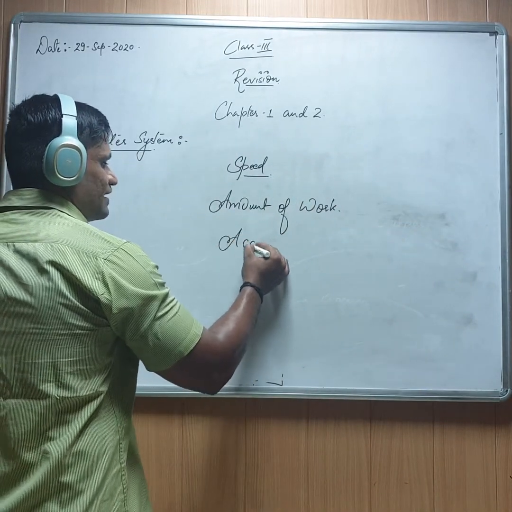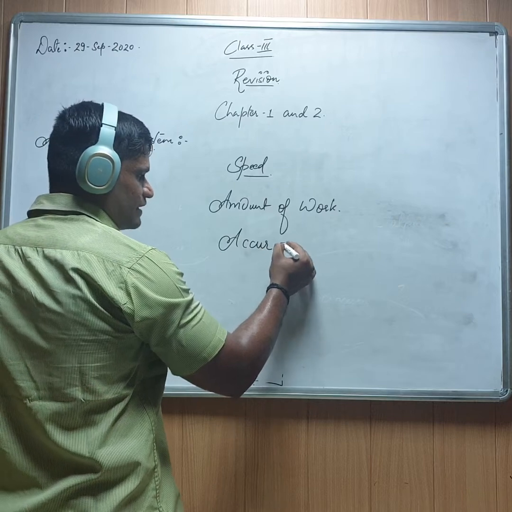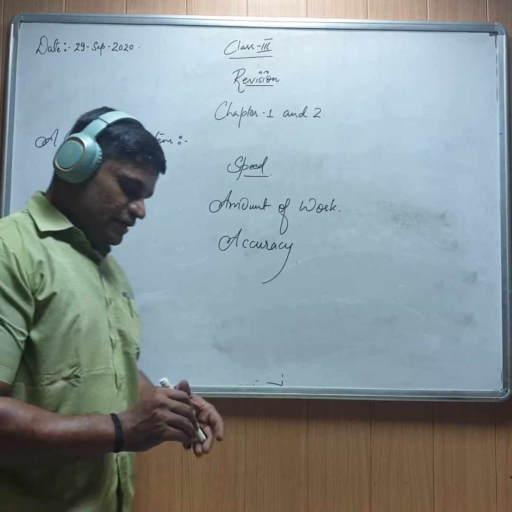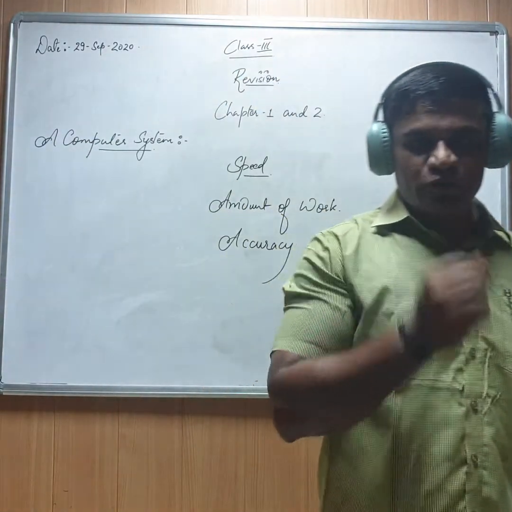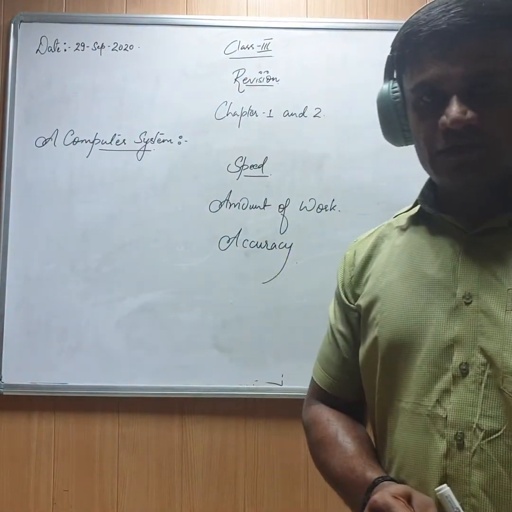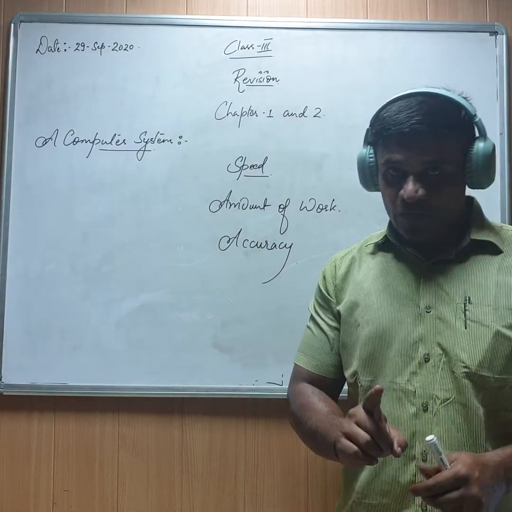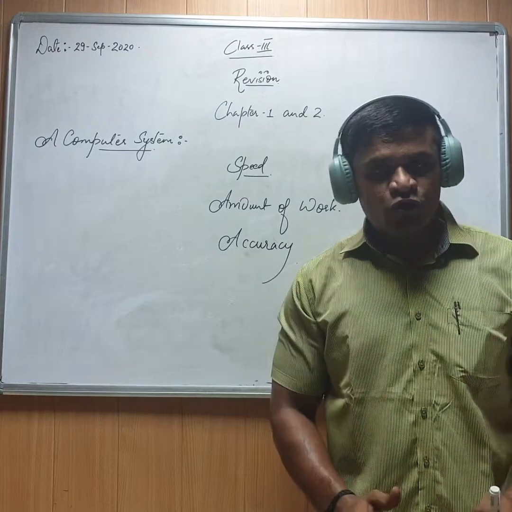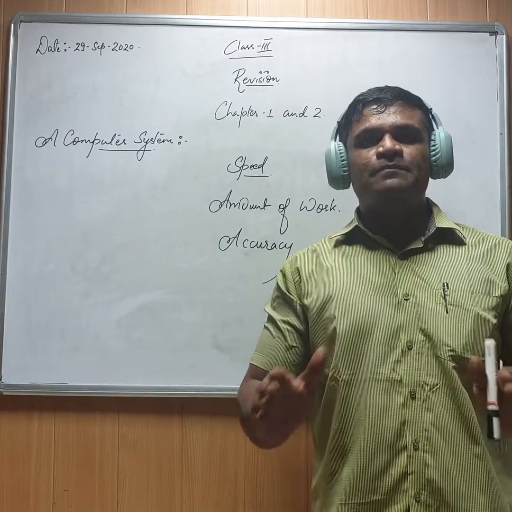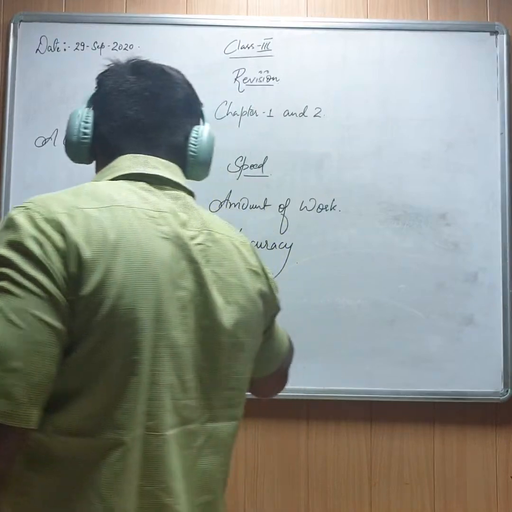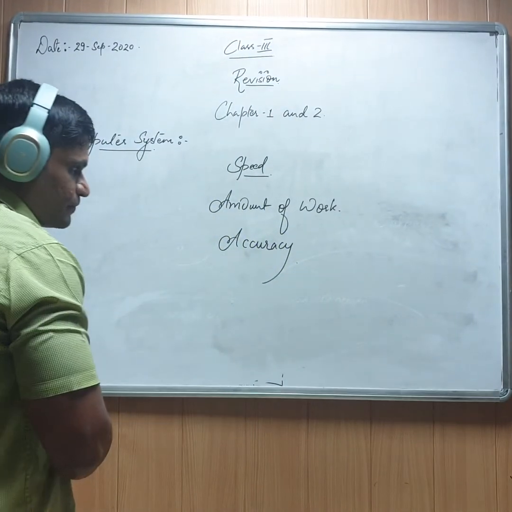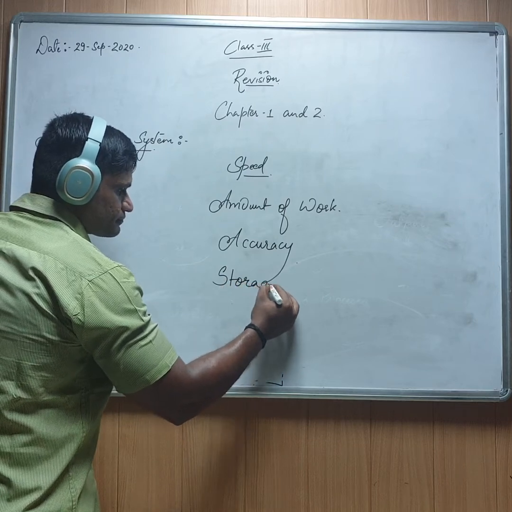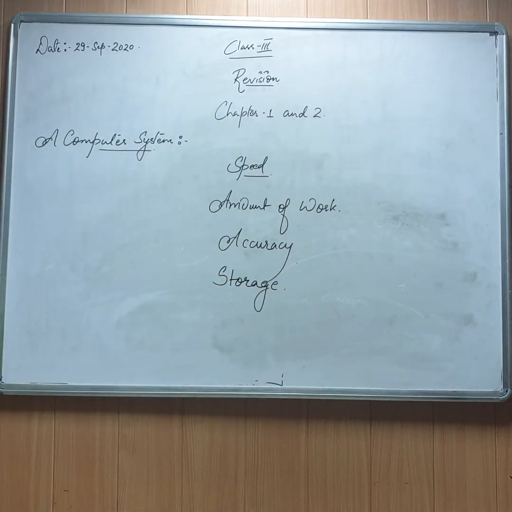Third, the result produced by the computer is accurate. That is accuracy. The answer generated by the computer is correct. If the applied formula and the given instructions are correct, the output will always be 100% correct. That means the computer is accurate. Fourth, storage. Computer can store